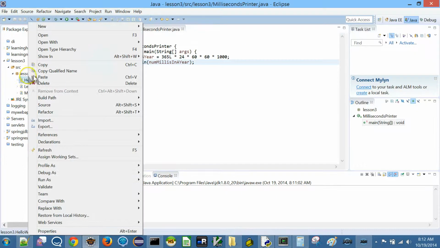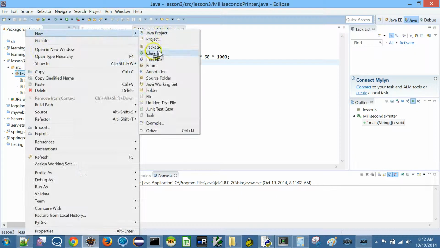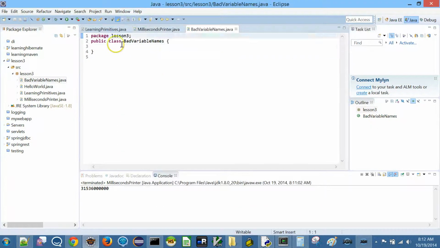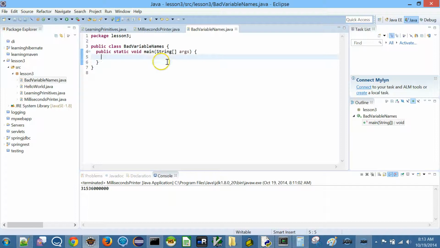Let's say here I create a new class, BadVariableNames. In the main method I'm just going to do some bad programming here.